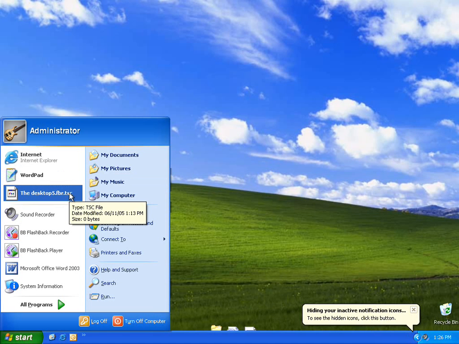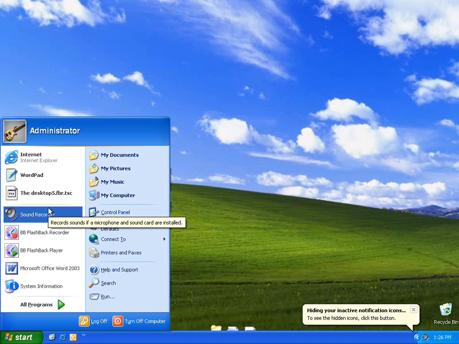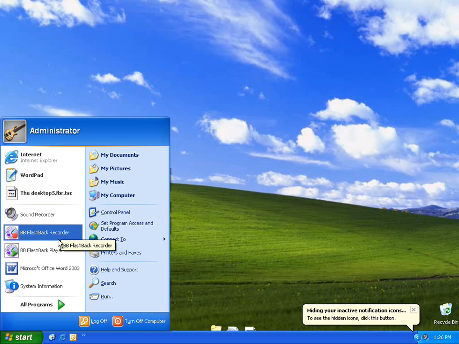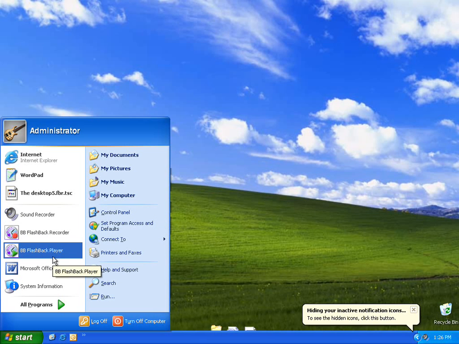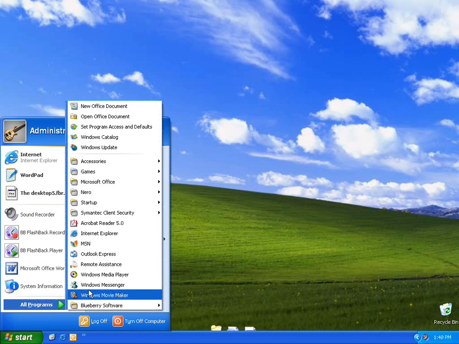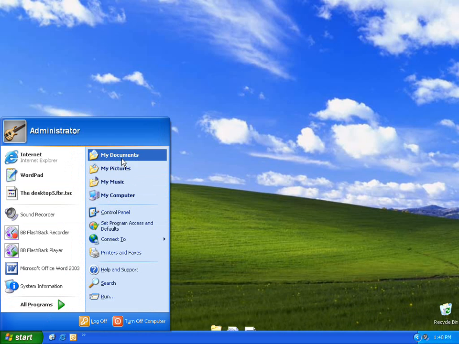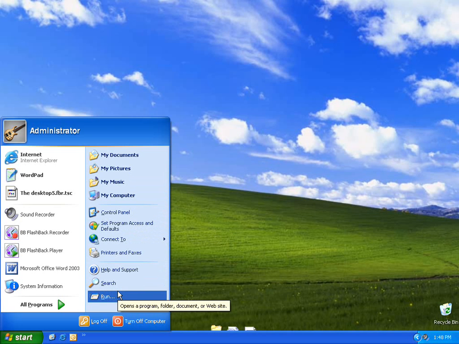Below that, below the gray line, you have over here the programs that you've been using multiple times, like Sound Recorder, Flashback Recorder, and once more, we'll talk about this in greater detail as we move on. All of this information on the left-hand side is fairly consistent, but can be customized to bring your own viewing screen to this particular